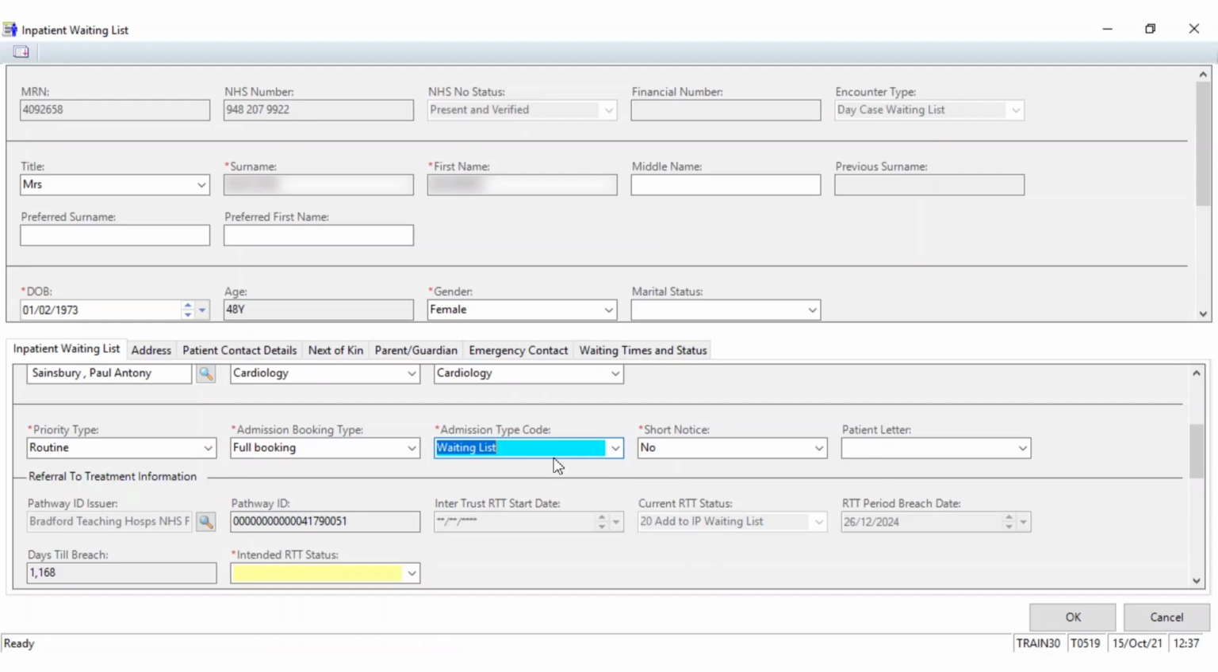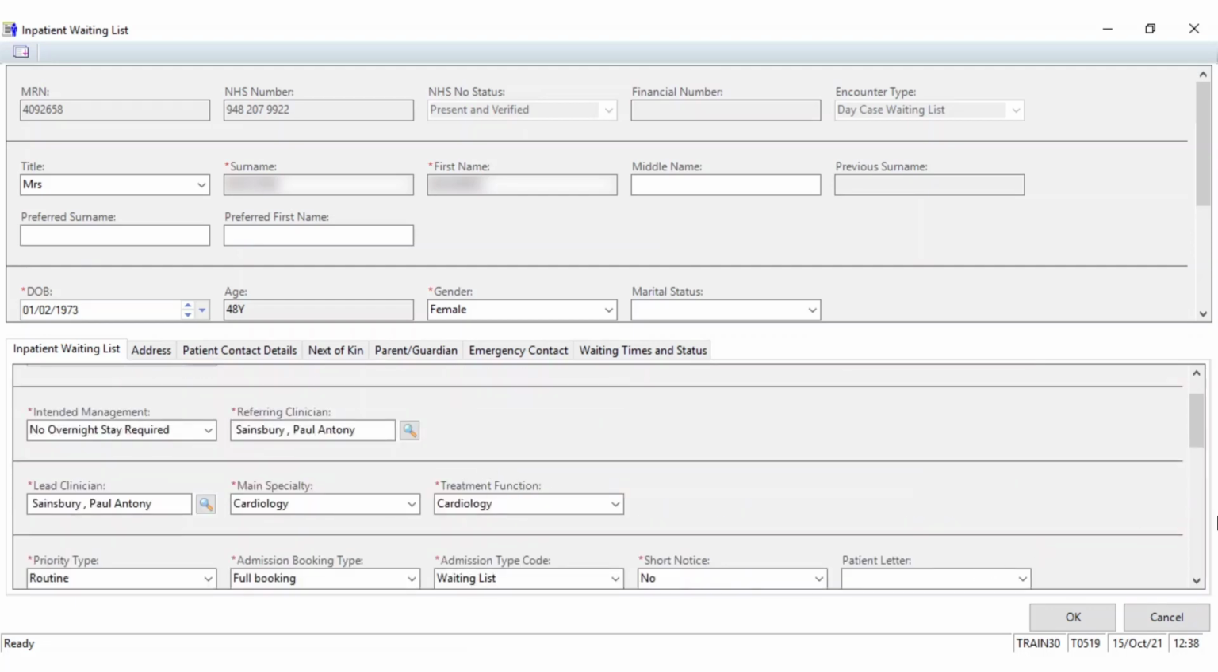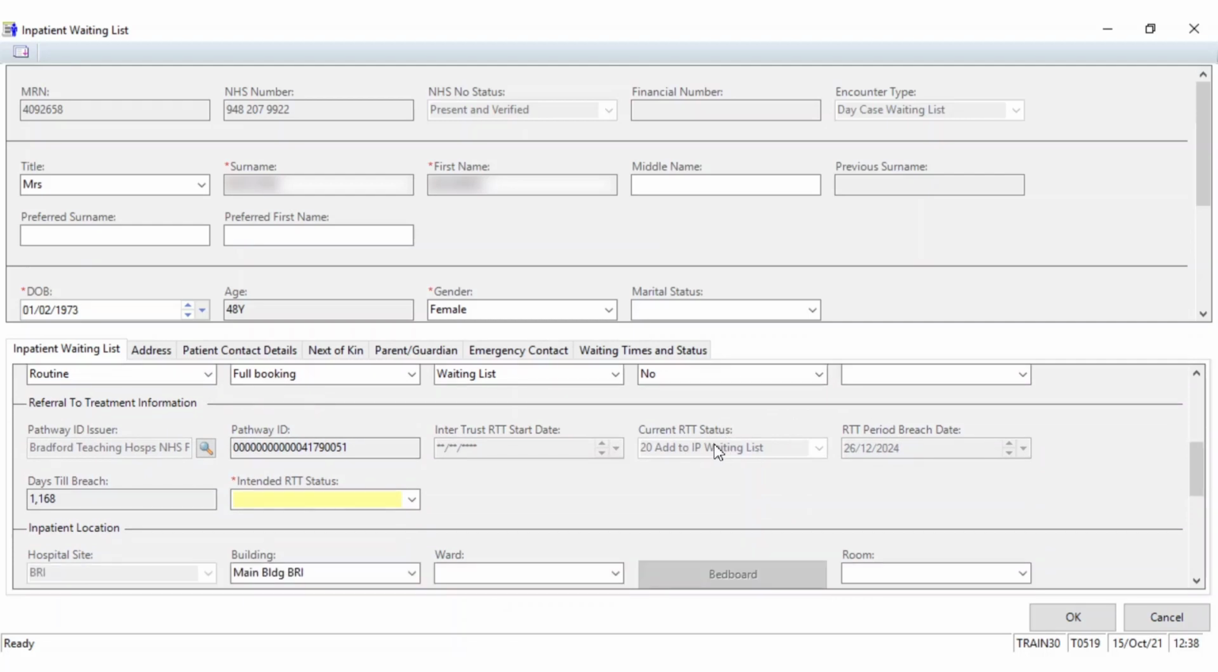So for this particular example for training, I am going to use the waiting list scenario. And the final step is the intended RTT status. So following on from the explanation with this waiting list here, I will just point out that the current RTT status for this patient is a 20. So in terms of the referral to treatment pathway, this patient is still ticking, which is why I've selected waiting list. In terms of the intended RTT status, the procedure I am scheduling this patient in for may be intended